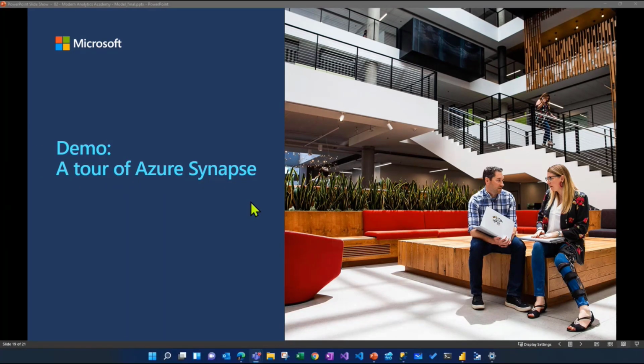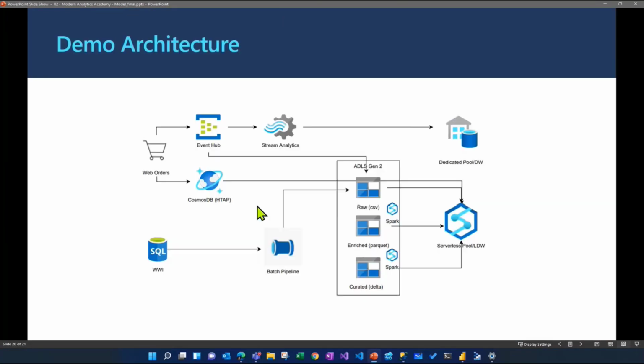All right, so before we dive in and start looking at code, what I wanted to do was take a step back and just orient everybody to the architecture of the solution I'm going to be discussing today. This is ultimately what I'm going to use to demonstrate a lot of the concepts that I just talked about. And if we look starting from left to right, again, the idea within the context of all of these sessions is that we're trying to replicate what a modern analytics solution might look like, and specifically focus on,